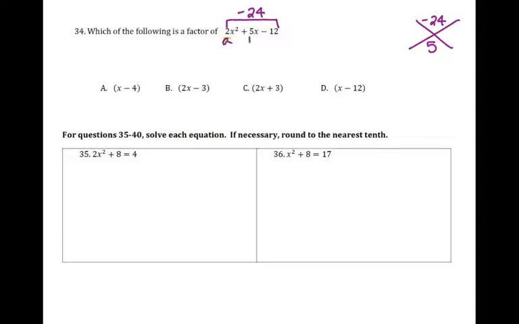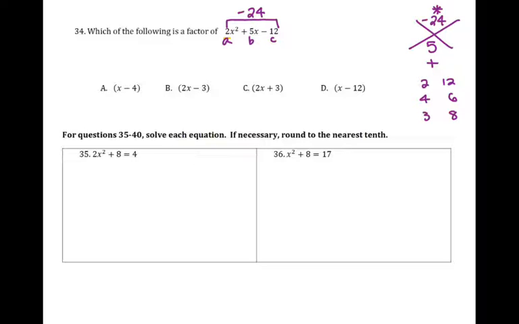This is A, B, and C. I am trying to find two numbers that multiply to negative 24 and add to 5. So let's brainstorm. What times what gives you 24? Well, 2 and 12, 4 and 6, 3 and 8, and some combination is going to give me a positive 5. Now, since this needs to multiply to a negative 24, that means some of these numbers do have to